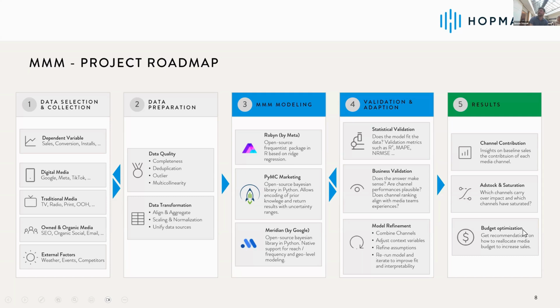Classical results that you get are the channel contribution, so the model tells you 10% of your sales is because of your marketing activities on Facebook, and 5% maybe because of TikTok. You get, if the model can pick it up, some kind of adstock and saturation curve. So saturation shows if it makes sense to spend even more in this channel, or if the channel is already saturated. Adstock means some kind of ad memory. I will also mention it in the next slide, so I don't want to